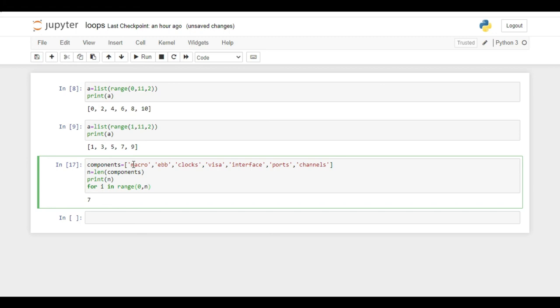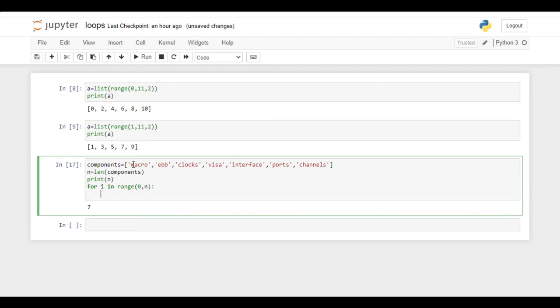Now if we try to print I inside the for loop, which is iterating over elements, the output will be numbers because we are simply iterating I over the range of numbers from 0 to n and we are printing the number only. But we want to print each element and by printing I we were printing the index of it in the list of components. So we will use the list name in the print command and we will specify I inside square brackets.